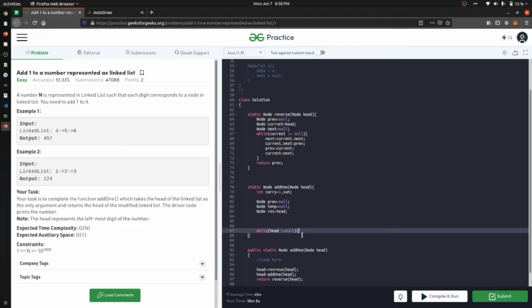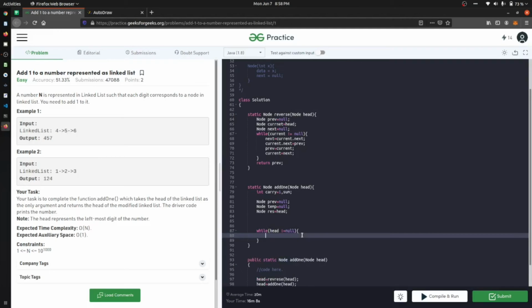This means that we are iterating the whole linked list. Now we will find the sum. Sum is equal to carry plus head dot data.